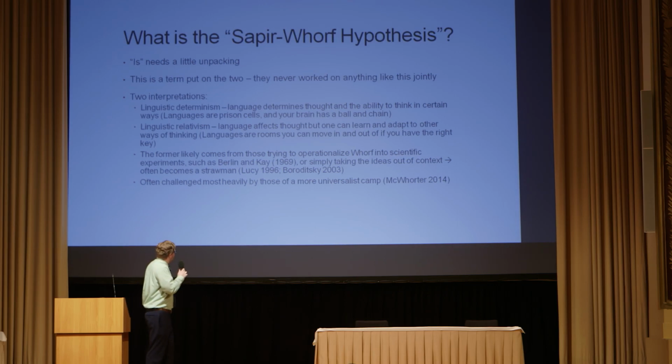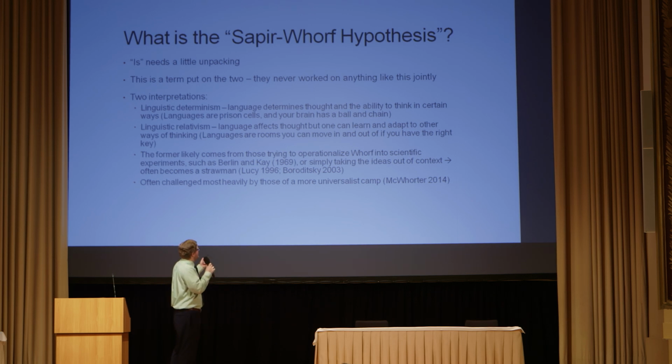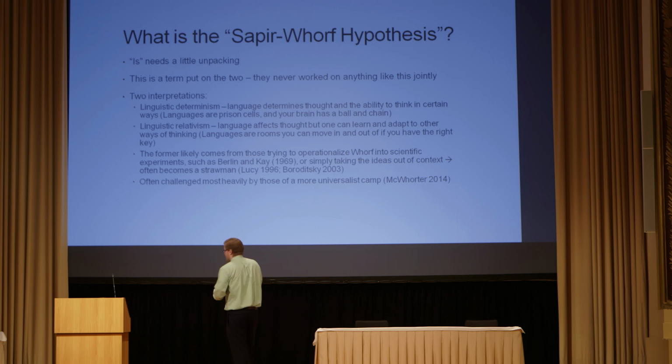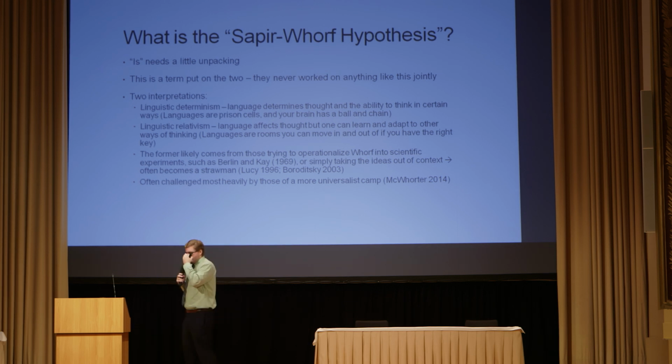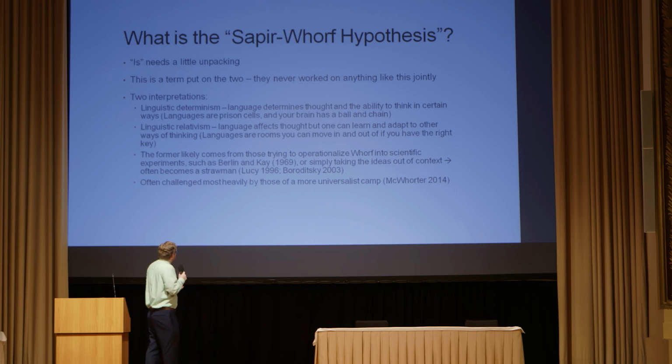So the former can also, obviously, possibly come from scientific experiments done in the 50s, trying to take pieces of his research and make it into a scientific experiment, like color studies. Berlin and Kay looked at people from different societies and how they viewed where one color starts and the other ends, and so different color boundaries. So there's that. But a lot of these, taking single pieces, often takes the arguments out of context, and so it often becomes sort of a straw man, like, oh, well, this piece is wrong,